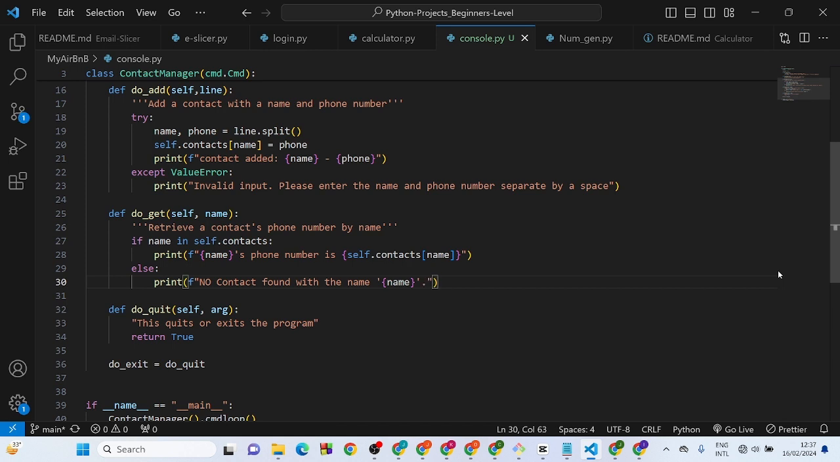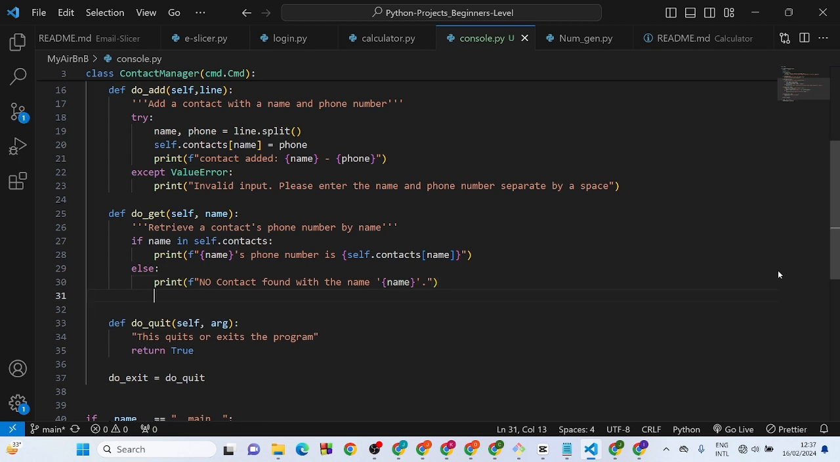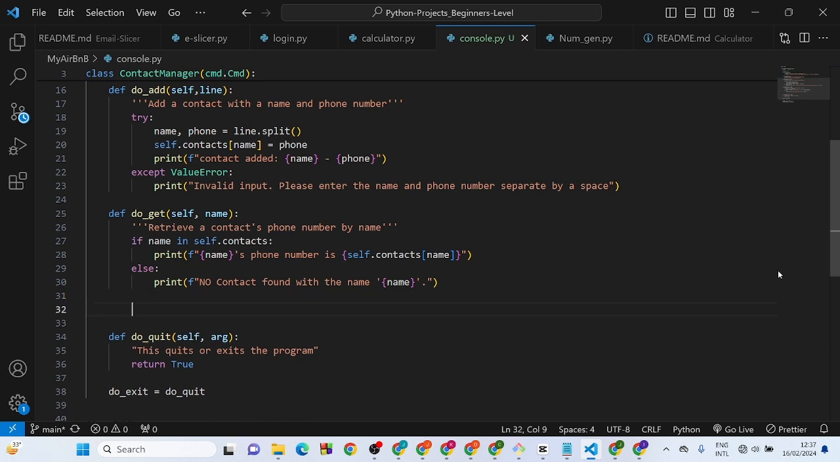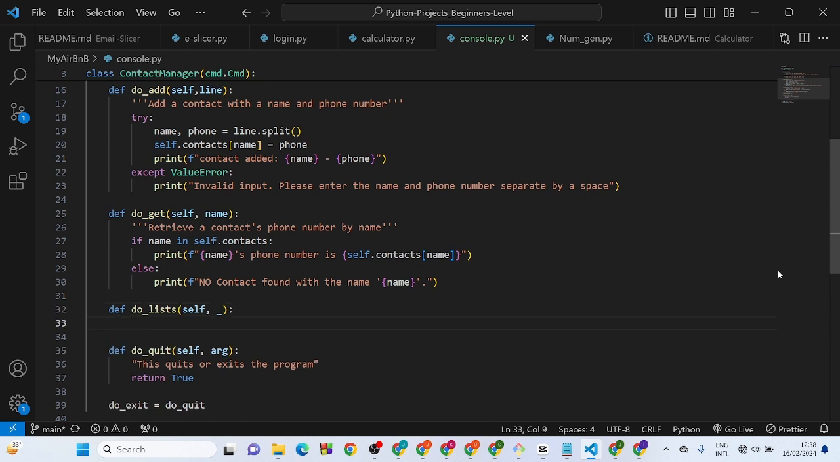Okay, that's that. Before I run this, let me quickly add another method that will help us list the contacts. Like I explained earlier, we're going to do list. Then we are going to pass self, which is the first argument, then again an underscore, and so I'll add an if statement. If not self.contact